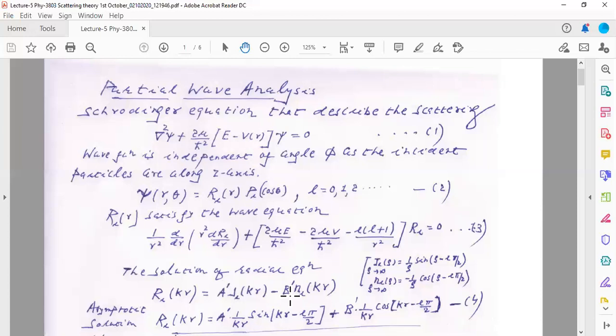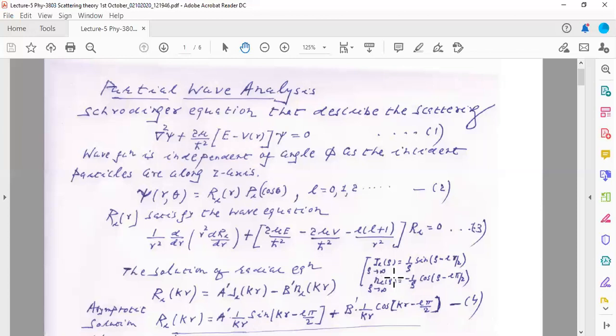You see, in this solution, we have two special functions appearing. One is JL of kr, which is known to you. It is known as a spherical Bessel function of order L with argument kr. And when r is very large, suppose you consider kr is equal to rho, so here I wrote the definition of JL of rho. This is a spherical Bessel function, please remember this is not a capital J. So JL of rho is equal to 1 upon rho sine of (rho minus L pi by 2) when rho